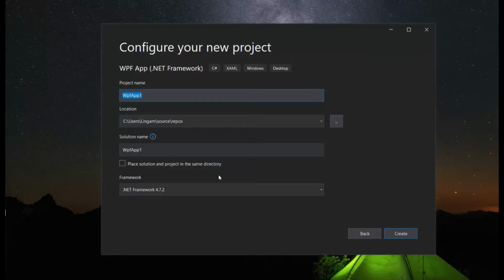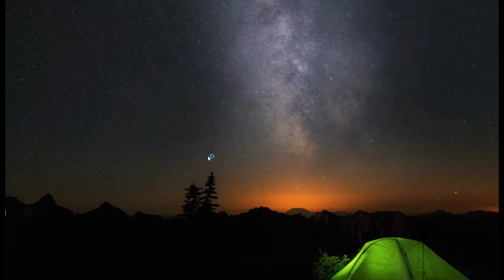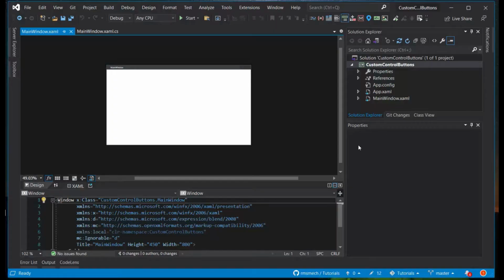I will start a new WPF .NET Framework project, and let us call this custom control buttons. What I'm going to do in this video is build custom control buttons from scratch in a